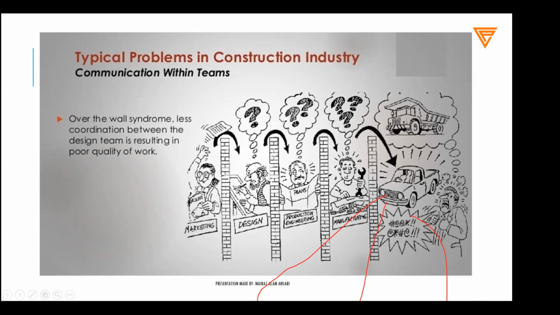Okay, so maybe what the client was expecting was something very giant and big truck, but at the end of the process, what he got was a very small car or pickup, you can call it, right? So what was the expectation and what was the end result? There is a big difference in that. So to create that particular truck again in a very giant and big manner, the client has to pay again. He has to do the rework. The people have to do rework, right?